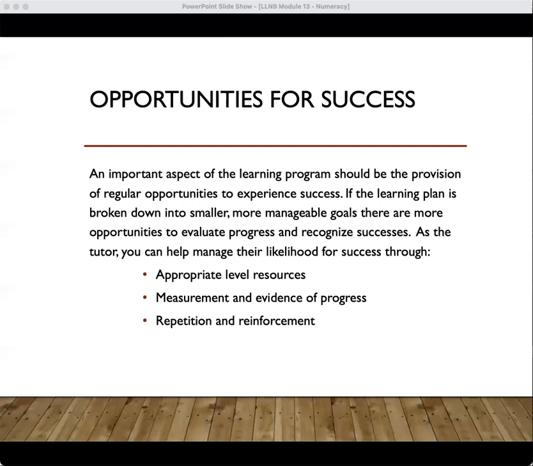Measurement and evidence of progress. Although initial formative and summative assessment play a key role in measuring and evidencing progress, it's equally important to build evidence of progress into the learning program. This sounds way too complicated. Pretty much what we mean is that